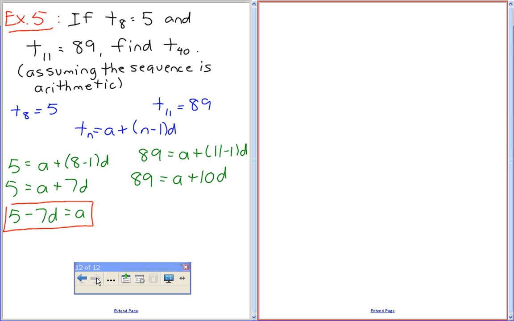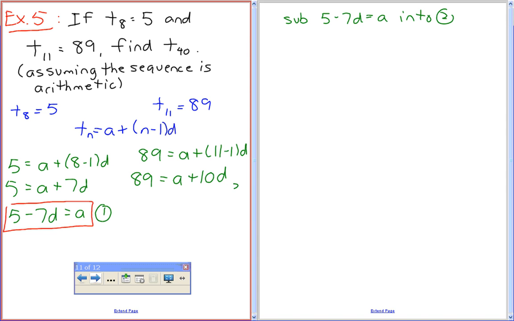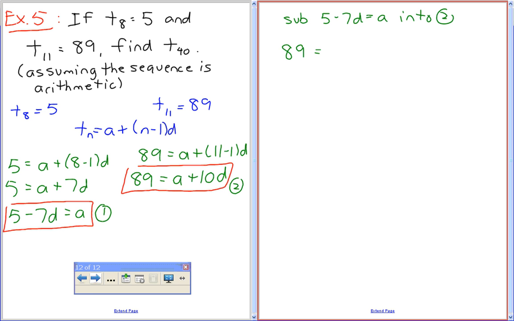Okay, yeah, so I can't hear, guys. Sorry for those who are. But did you put that in another equation? Yes, you do. So you're going to sub 5 minus 7D equals A into 2, or whatever you want to call it, right? If we're going to call this 1, we'll call this 2. So we're going to say 89 equals